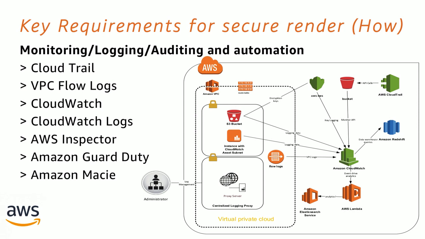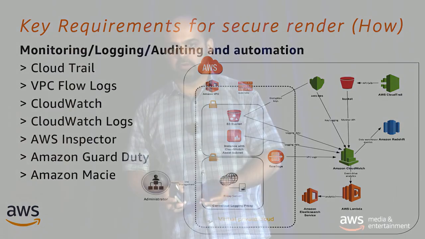AWS Inspector is a capability that monitors your entire targeted infrastructure and pinpoints anything specific that may be a problem with an audit, things like a PCI audit or anything like that. You can set up an environment which is specifically being monitored with respect to an audit. Amazon GuardDuty and Macie are again very important services that I'll cover in more detail.